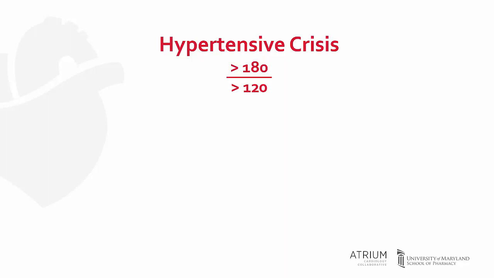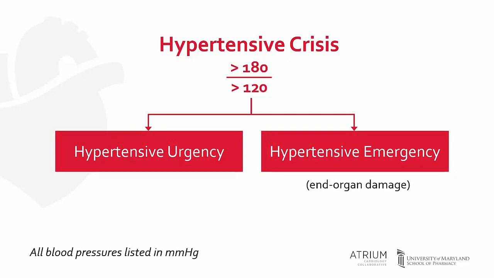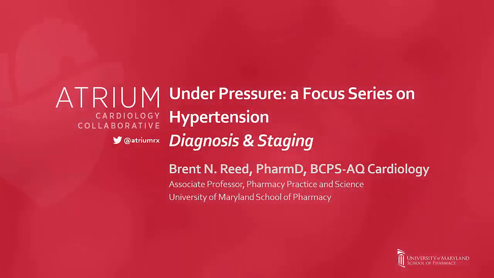Now, hypertensive crises can be further divided into hypertensive urgency and emergency. A hypertensive emergency is differentiated from urgency by the presence of end organ damage, such as elevated blood pressure that results in a stroke or a myocardial infarction. Now, staging of hypertension is also important because it determines the aggressiveness of lifestyle interventions and pharmacologic therapy. And these are the subject of other